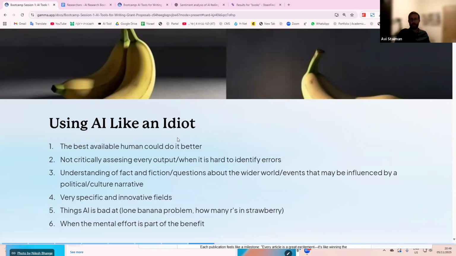The next thing I recommend is, I don't like asking it questions that are fact and fiction, or questions about the wider world, or questions that are very hotly contested. So I know people will turn around to GPT and ask, well, who did you vote for in the last election? If you want to just mess around and have fun, you can ask that, but I find that everybody gets upset in the end, right?